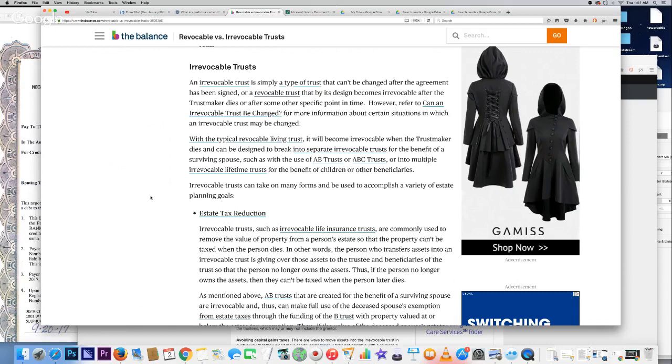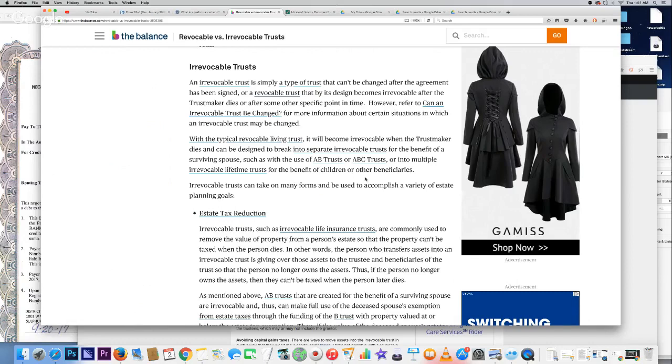it can become an irrevocable trust when the trust maker dies. You can design it to become irrevocable when you die, so that it breaks into separate irrevocable trusts, so the spouse can benefit along his or her lifespan or whatever. Such as with the use of AB trust or ABC trust, or into multiple irrevocable lifetime trusts for the benefit